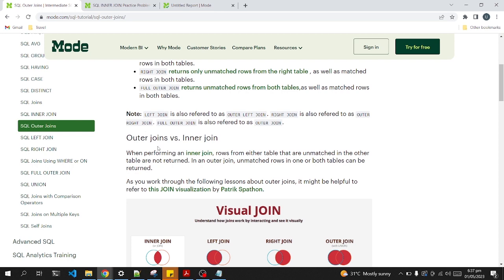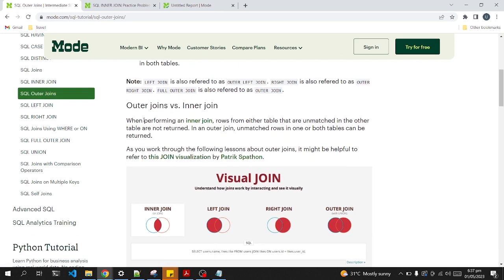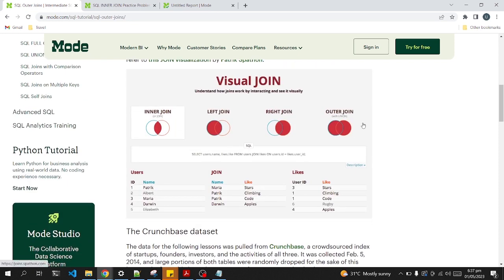So let's check the difference between outer and inner. When we perform the inner join, rows from either table that are unmatched in the other table are not returned. Whereas outer join will give or print all the values, whether they match or are unmatched in any of the tables. So this is an example,